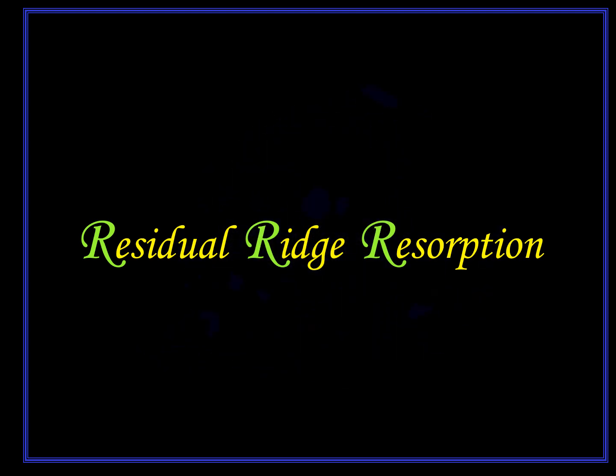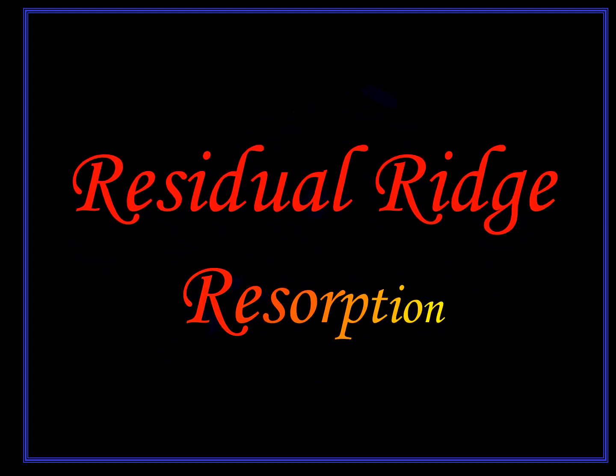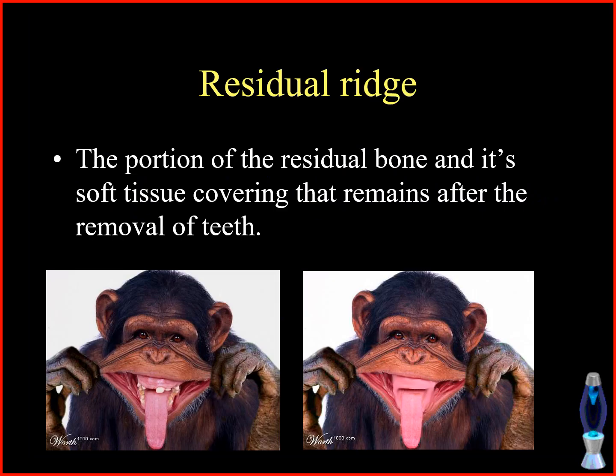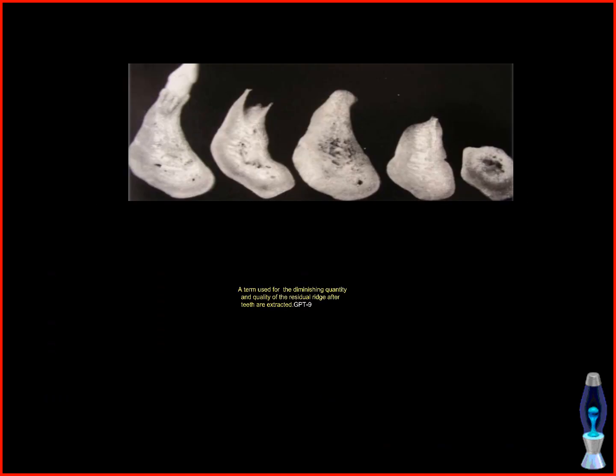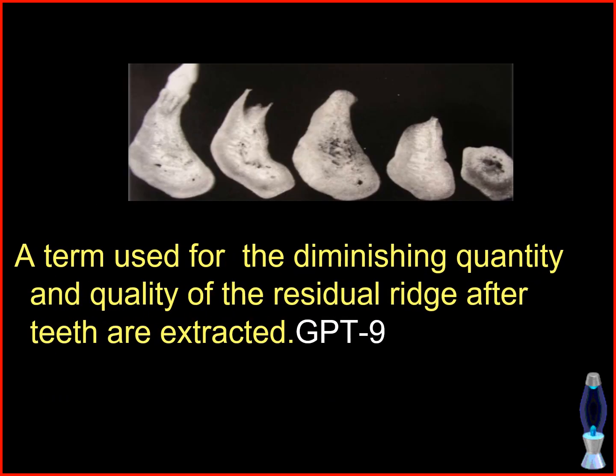Good morning. This lecture is on Introduction to Residual Ridge Resorption. We all know that residual ridge is the portion of the residual bone and its soft tissue covering that remains after the removal of teeth. When you look at these pictures, what changes have taken place from the dentulous to the edentulous mandible? Residual ridge resorption, or RRR, is the term used for the diminishing quantity and quality of the residual ridge after